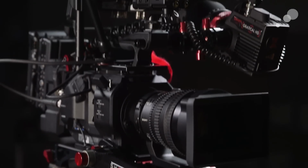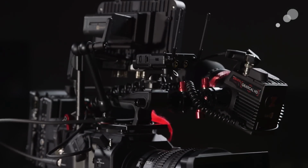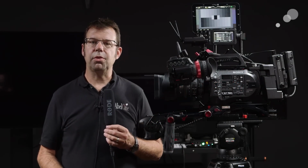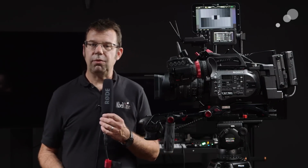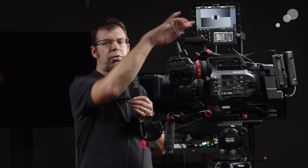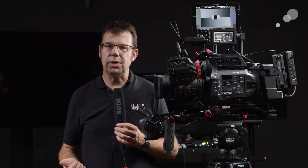On most compact camcorders, we expect to have XLR3 for the audio input, and the traditional inputs would be mic level, phantom 48, and line level. Well, on the FS7, things are a little different, and I've taken advantage of that. I've turned my viewfinder around to face you, and you can see that I have 4 discrete channels of audio